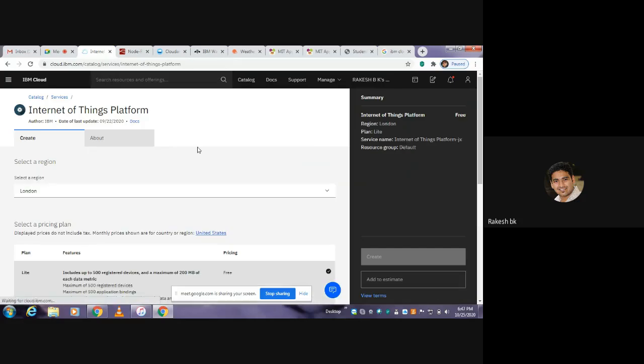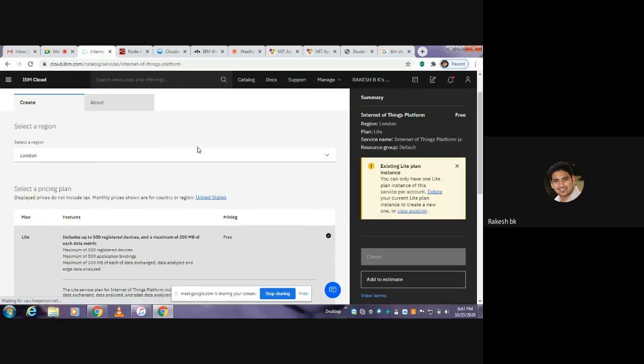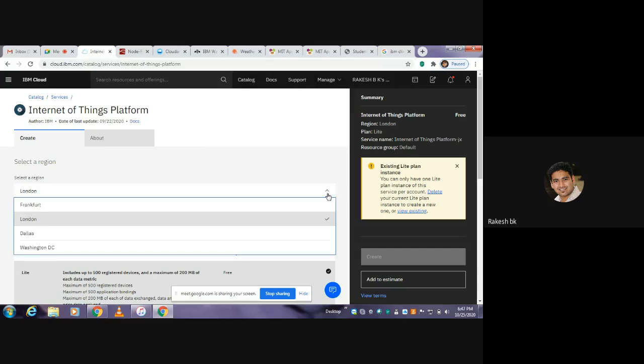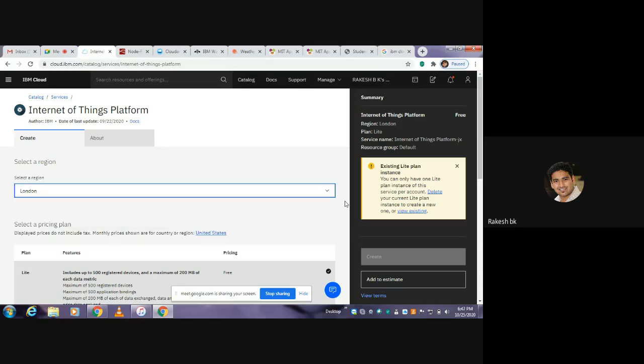It's a small window that pops up within the IBM Cloud window, and you can see there is a create option. I want to create an account under this service, since I want to take this service for my application. So I'll select a reason. Any reason can be selected if you click the drop-down window. You can select any one of the reasons for the service to create.